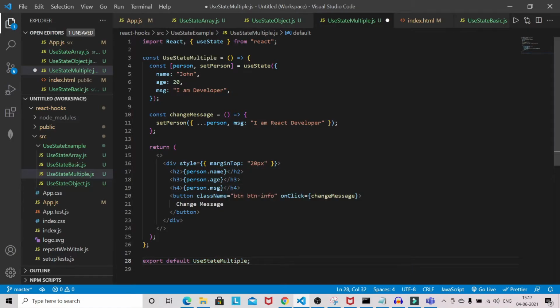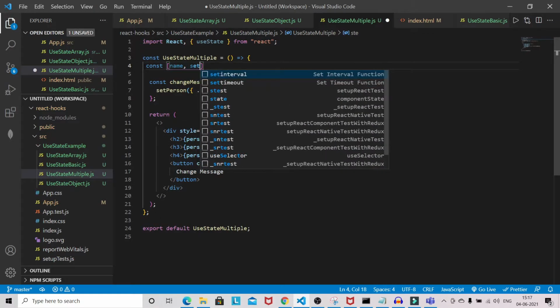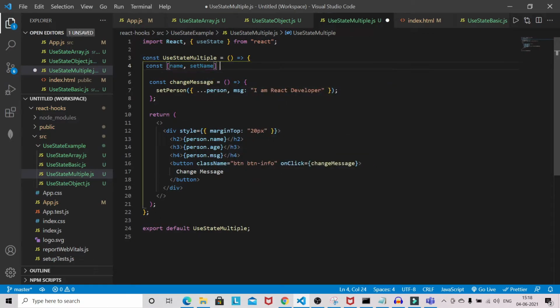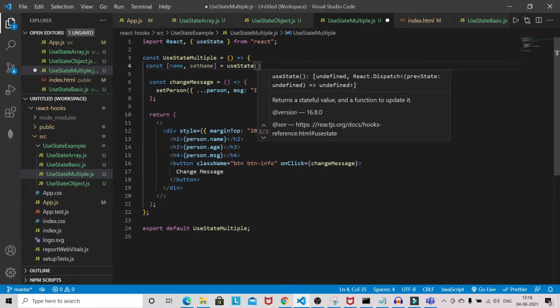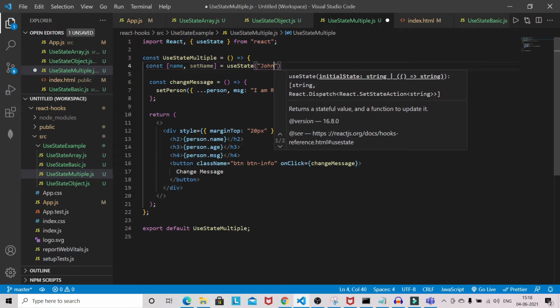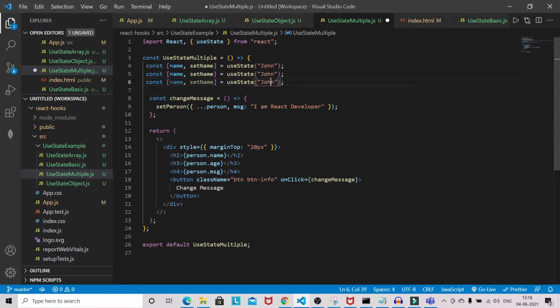Okay, so this time I won't be dealing with the object. Okay, so what I will do, I can have a name, set name, and use state, and the name will be John. Likewise I will have age and the message.